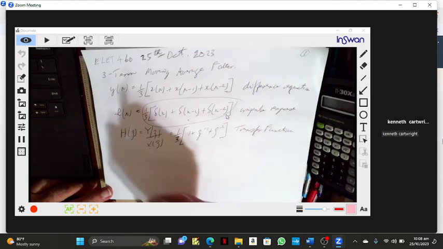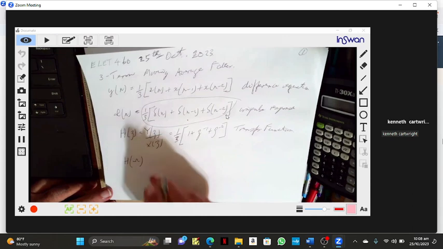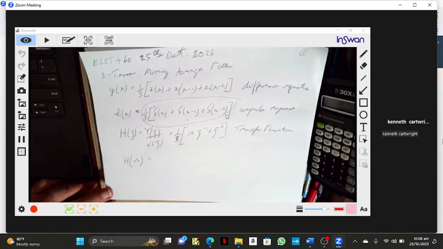Sometimes we just abbreviate that to H of omega. What's that equal to? Wherever we see z, we put